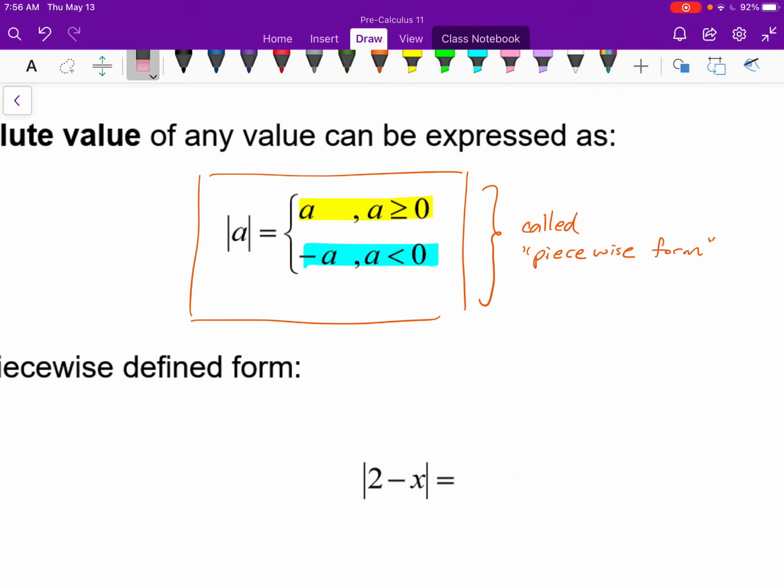And so the way you read this is, if you look at what's highlighted in yellow, the absolute value of A is the exact same thing as just A, which means those brackets do nothing, if A is greater than or equal to 0. So if A is essentially a positive number, those brackets do nothing. And that's what I've kind of already mentioned. If, however, A is a negative number,